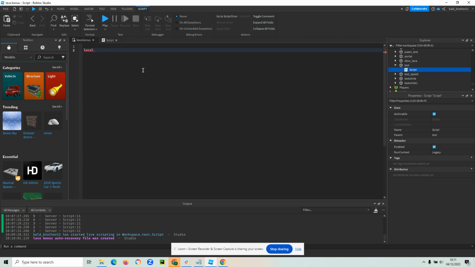How you should name this is you should always name your variables with what they are doing. So if you're making a bridge, then call it bridge. If you're making a button, then call it button. Name your part with what it is doing. So I'm just going to call this bridge,